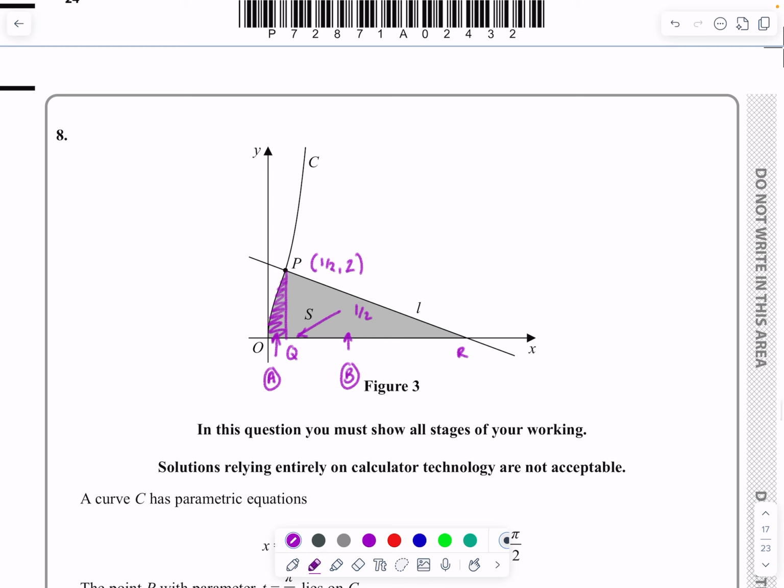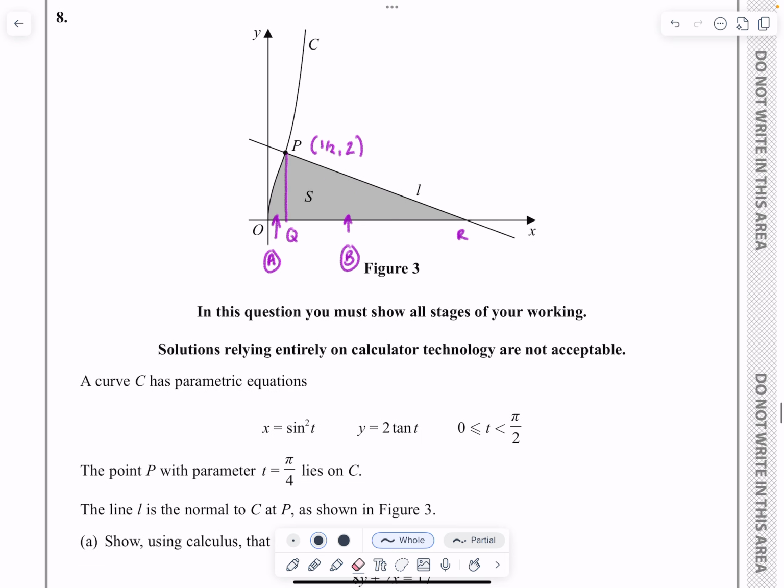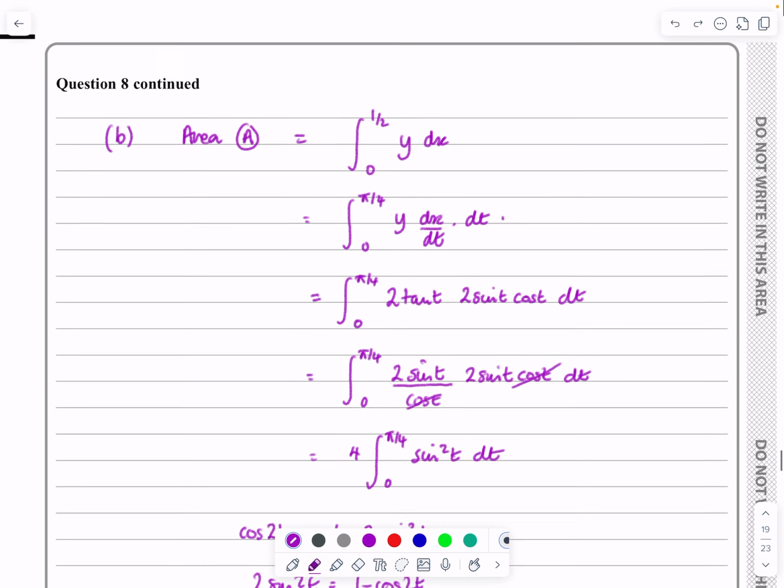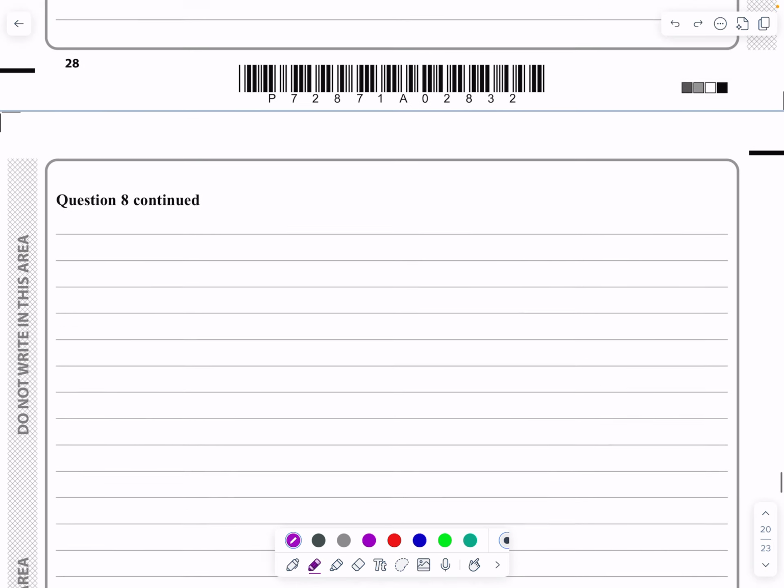the area A there. What I'm now going to do, get rid of that, and start focusing on the area B. So if I want to work out the area B here, remember, I know that value there is a half. I know that the height there is 2, but I really need to know what this length here is. Well, that's going to be easy to do because we know the equation of the line. So if it's the equation of the line, I'll just put y equals 0 into that. But let's now go and explain all that for the examiner. So that's area A done. Whoops. So for area B here,